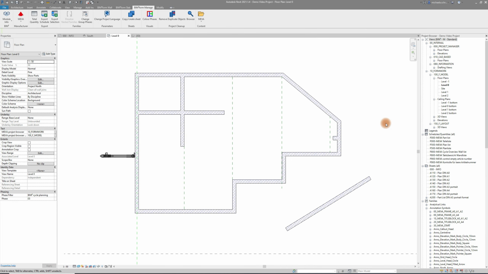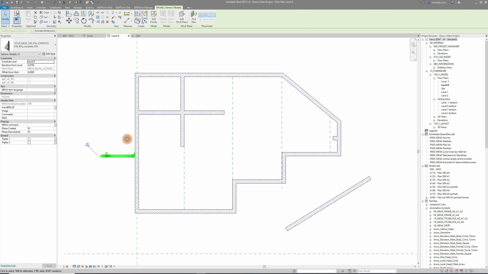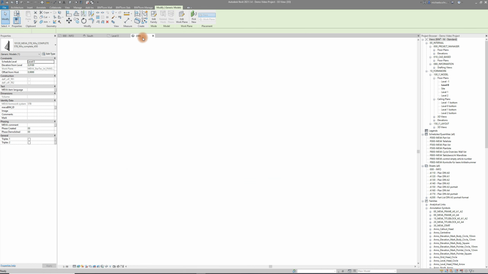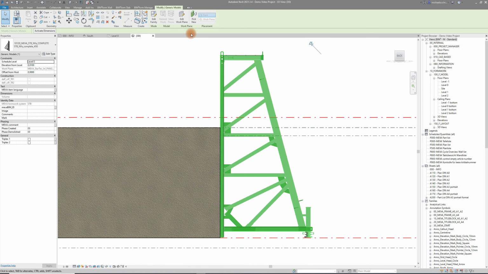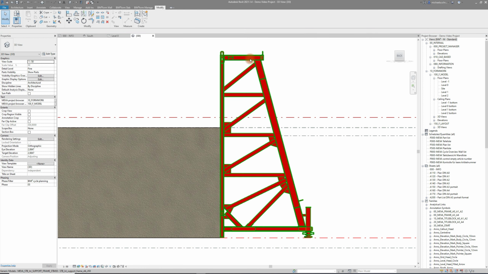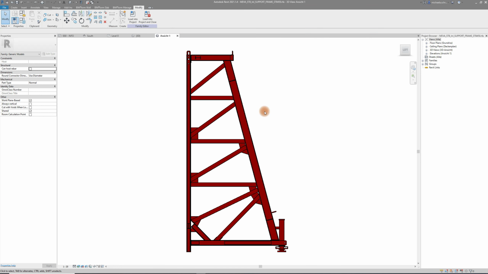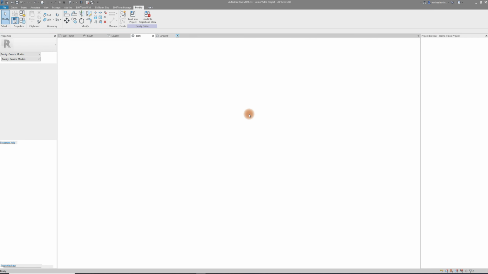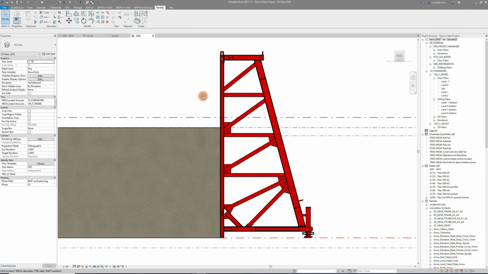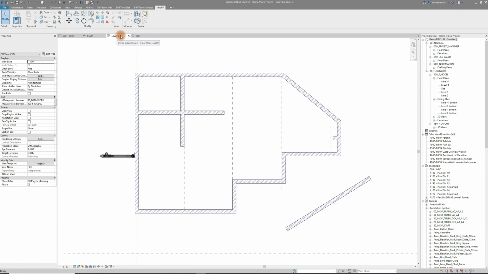To demonstrate the commands within the group families, we quickly placed a support frame as an example for a nested family here on the side. If there is a need to modify the nested family or you want to use only certain parts from it, you can just select it and click on the command dissolve nested families, which will turn it into a group that can be edited. For example, we could delete parts. This is not the best example, you get the idea. We have a separate video on this command which will be linked up here and in the info box down below.